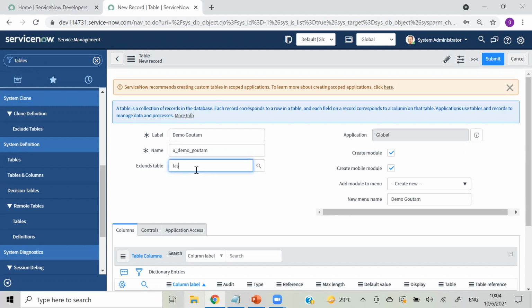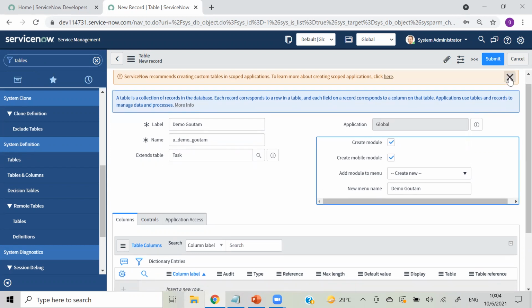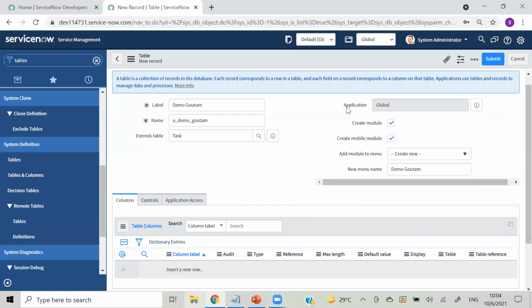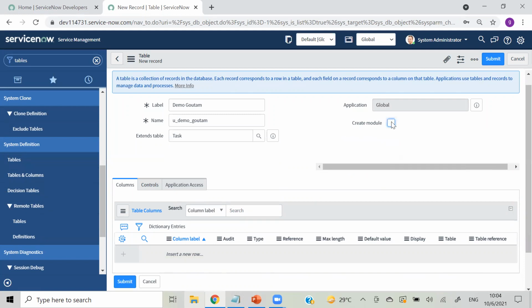Then I am extending the task table, that is task, and this is in the global application. Here you can see create module, create mobile module, add module to menu, new menu. If you want to create an application and menu and show it separately in the left hand side application navigator, you have to take this.